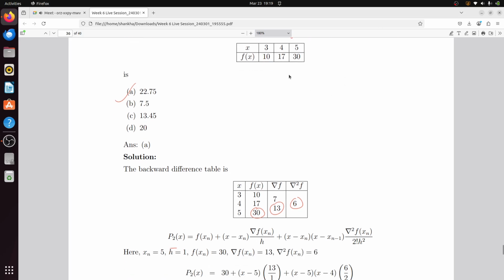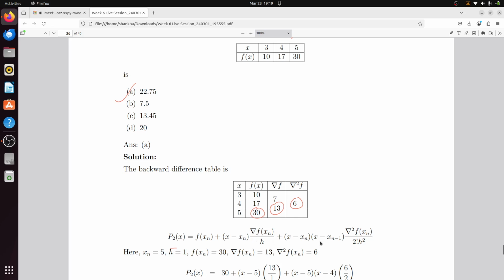So there are only 3 points, f(x) equal to 10, 17, 30, 30 minus 17 is 13, 13 minus 7 will be 6. So next p2(x) will be f(xn) plus